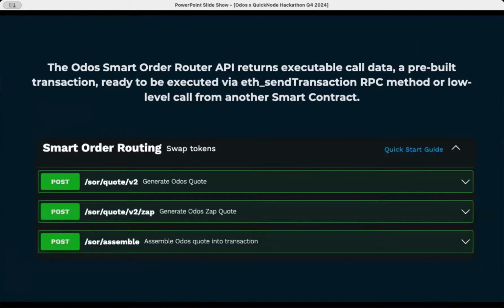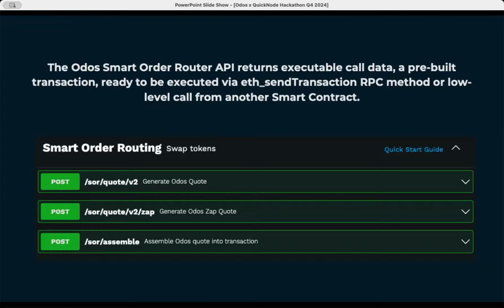So the Odos Smart Order Router API, the interface is very intuitive, very easy to use. I'm not going to get into too much detail here. I'd urge you to look at our documentation. We have an interactive Swagger instance for you to review all of the parameters.